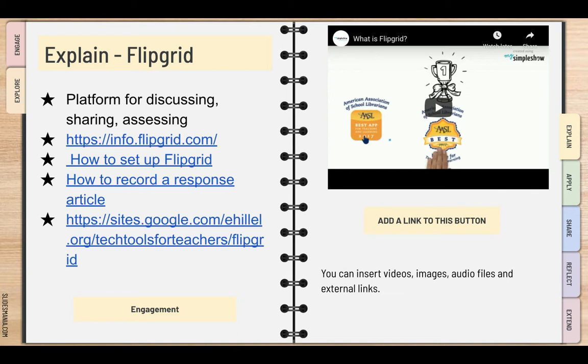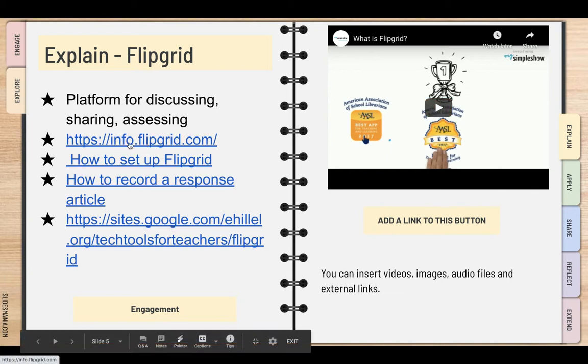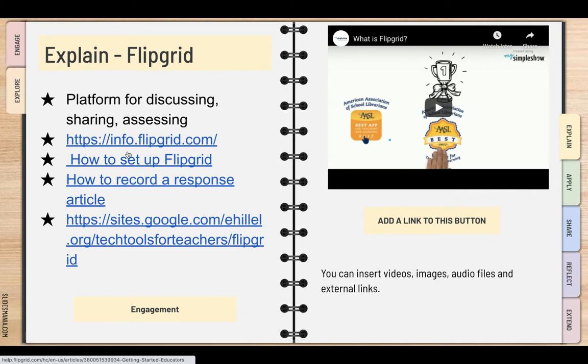It's easy to set up. This is the website to go to Flipgrid to make your account. This is how you set it up. This is how students can record a response. And this is